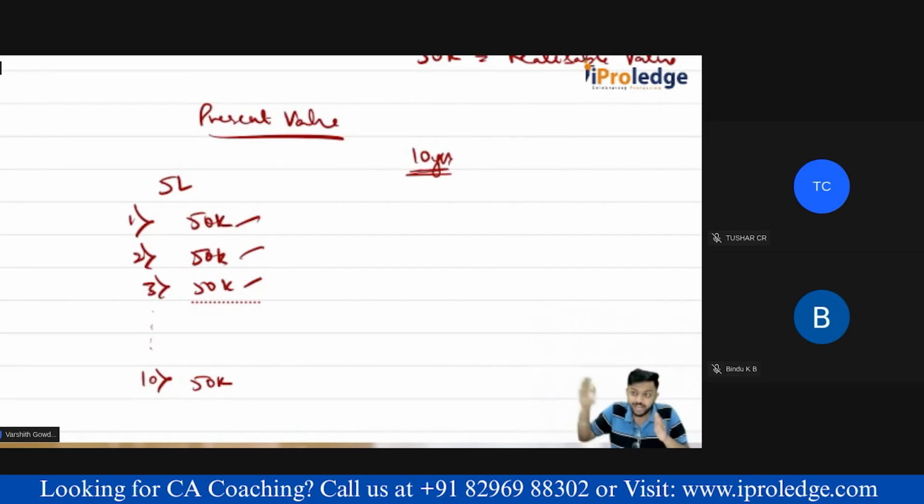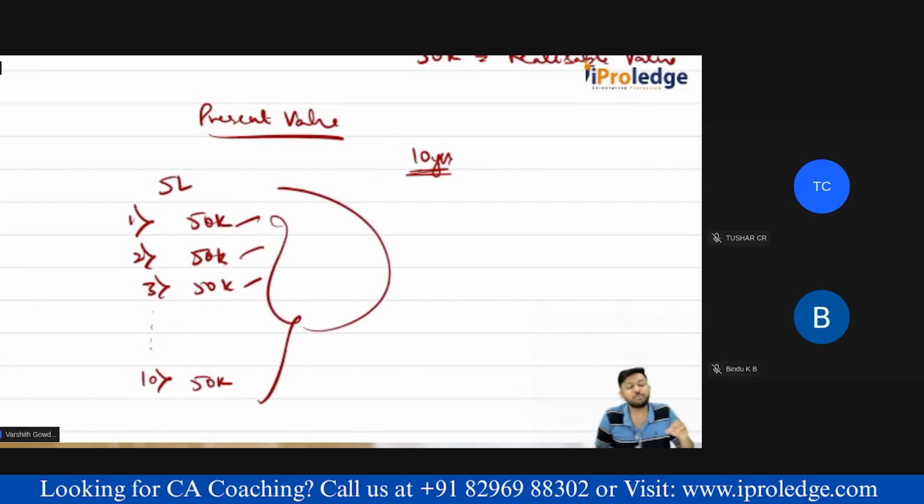So do you think the present value of 5 lakh is a little lesser? Because if I had gotten it today, my future value would have become much more. I'll earn so much interest. But I'm not getting 5 lakh today. I'm getting 5 lakh over many years, because of which I'm losing a lot of interest. So my present value will be less. So the 50k, if I bring it to present value, now how to bring it to present value,